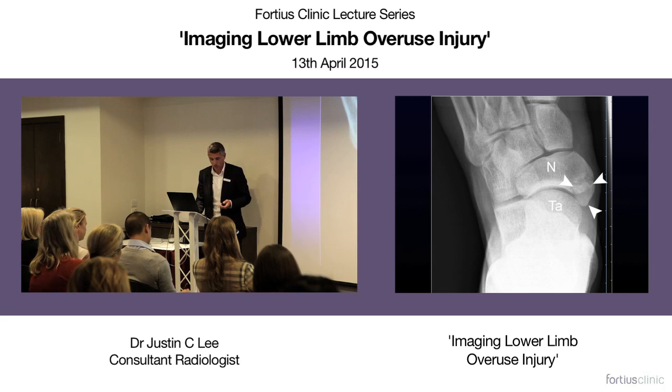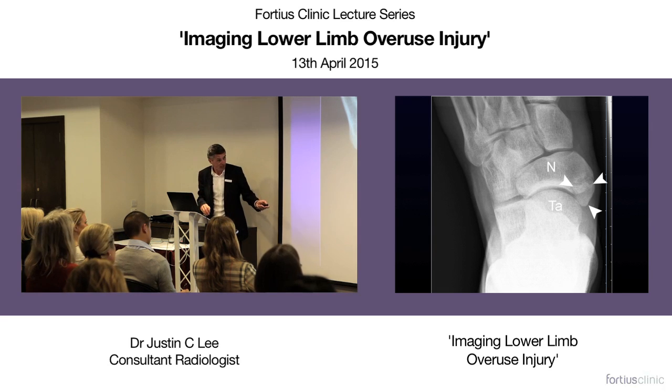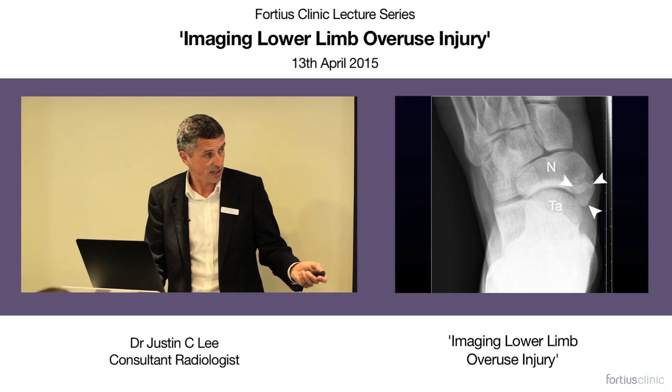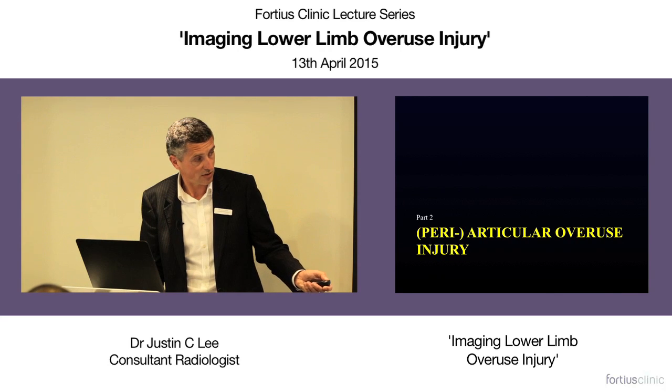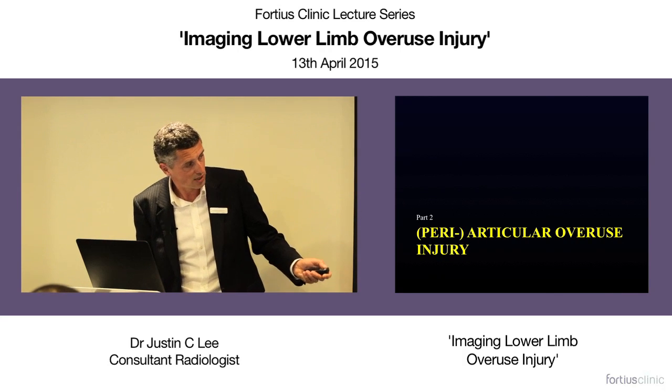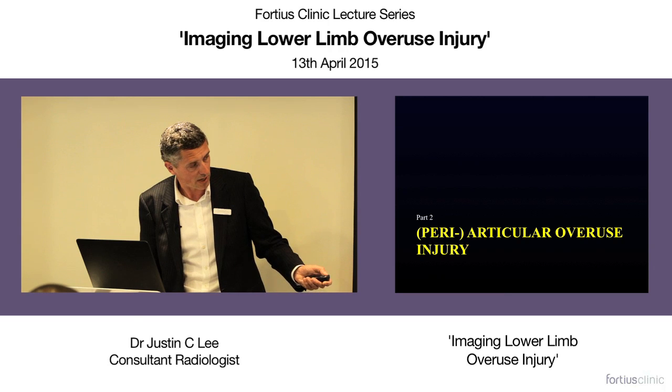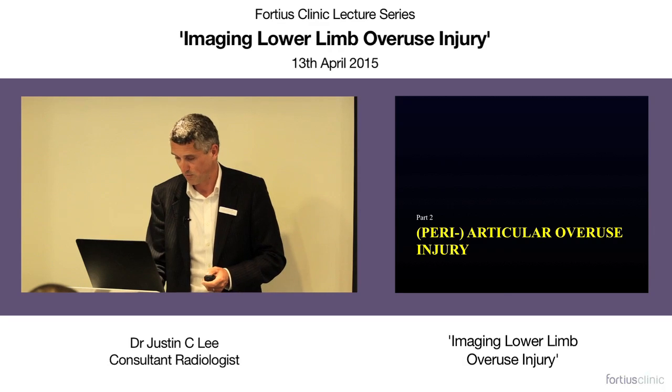And this would be a type 2, so basically it's not a small little pebble, it's a big lump of bone on the inside of the midfoot. This is the talus navicular, and this is the accessory bone here. And this is a typical appearance now. So this is our pathological sequence. This is the accessory bone, that's the normal navicular, and that's the synchondrosis, and that's lots of bone marrow edema